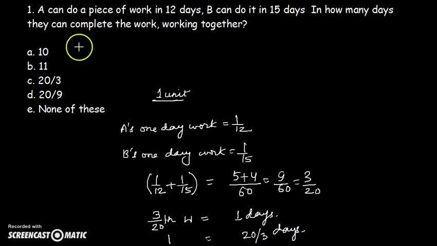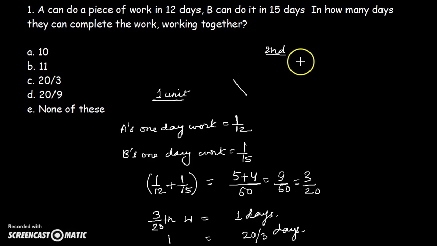This is the case when A and B are working together, with A taking 12 days alone to finish a work and B taking 15 days to finish that same work working alone. Together they take 20 upon 3 days. This could be the first method. The second method could be,